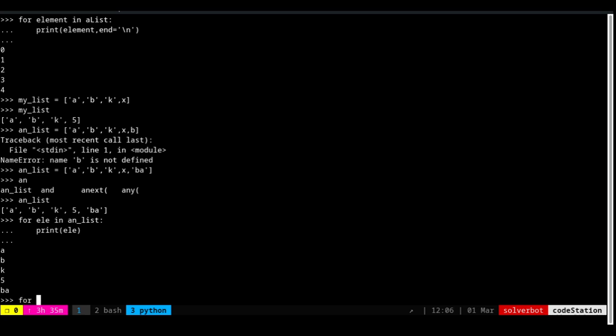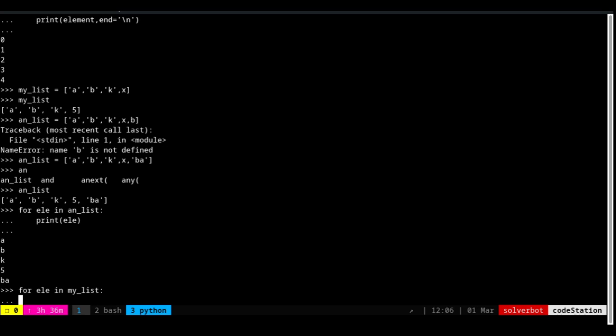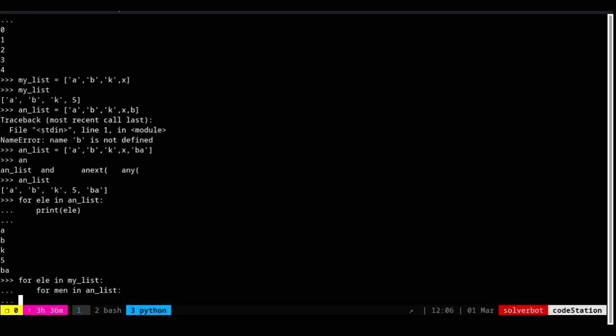So let us loop around, let us say element in my list, and then I press enter, and again I press a tab here, and I say for men in another list. Okay, I'm using another list here. There are two lists that I have created, and now under this I have to press 2 tabs, and I say print